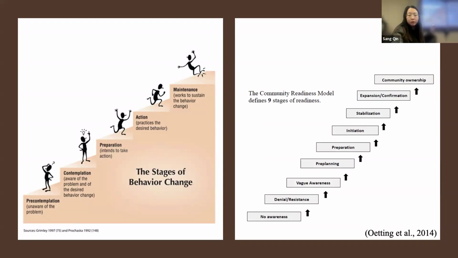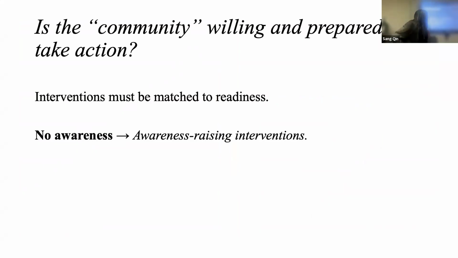And let me use more specific examples with some of our preliminary data. As I mentioned before, we are doing a community readiness assessment with Asian groups in Wisconsin to understand the mental health disparity. Specifically, we're focusing on two Asian groups, Hmong and Chinese, two of the largest Asian groups in Wisconsin. What we have noticed is that a lot of interventions are being developed but not being used.